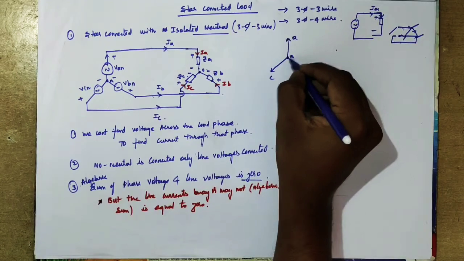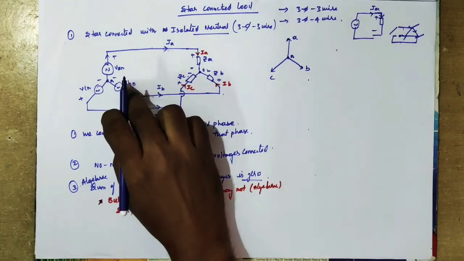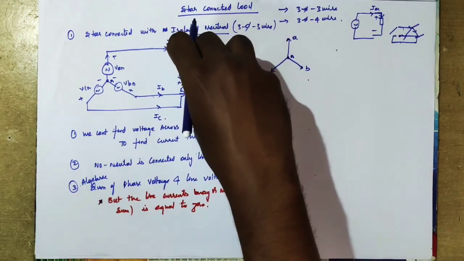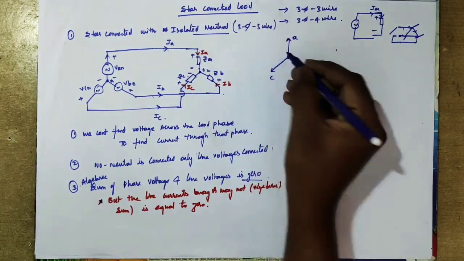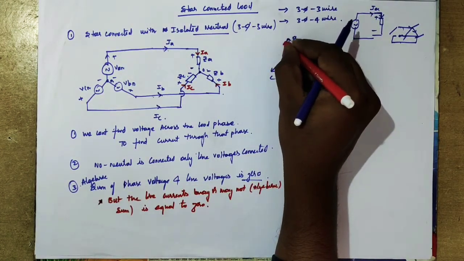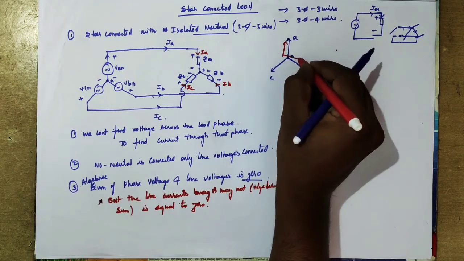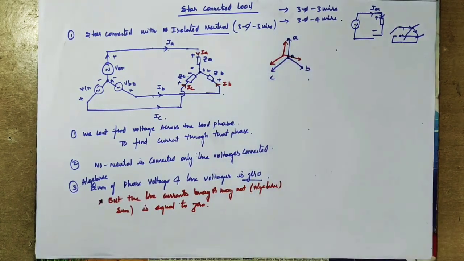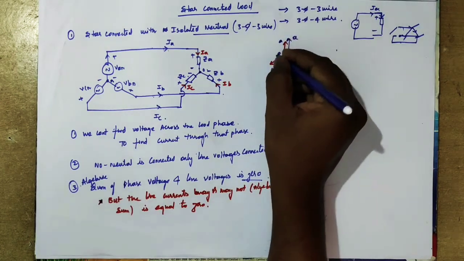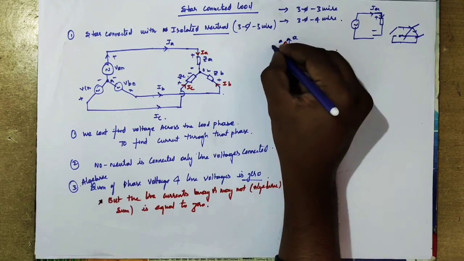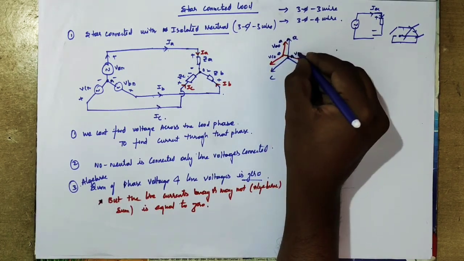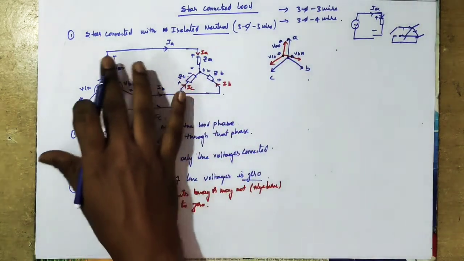So there is a 120 degrees phase shift in the supply phase voltages, and we have another, similar set of voltages, that is the load phase voltages. So I am representing them like this. This is O, this is A, this is VA0, this is VC0, and this is VB0. So these are two different phasor diagrams.